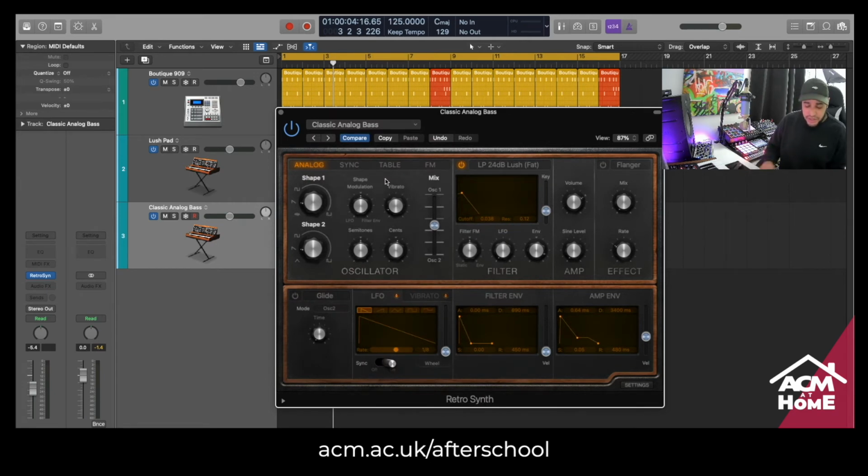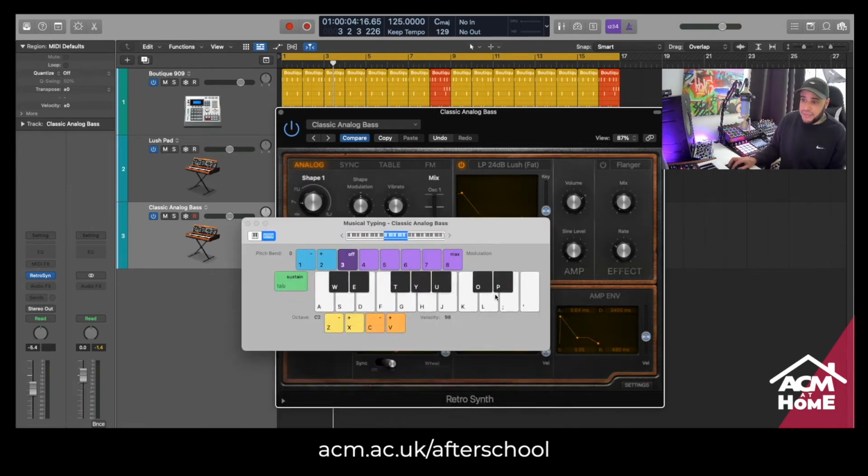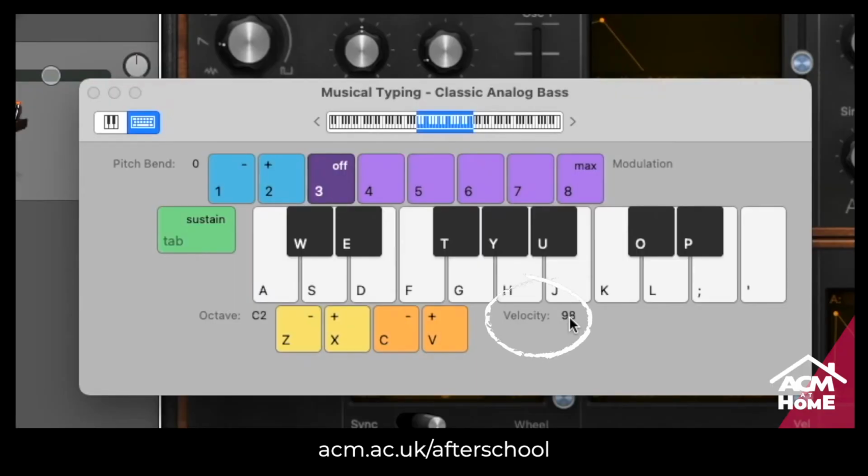What I'm going to do is use the keyboard for this, the actual keyboard, because it's fixed velocity. Now I want all of my notes in the bass line to be the same velocity so they're consistent. If I use the keyboard to do this, my playing isn't going to be exact every time, so I'm going to have to go in afterwards and make all the velocities the same. To change that, or to just not have to bother doing that, I'm going to click Command and K, and now all of my velocities, as you can see from this visual, are going to be at 98 out of